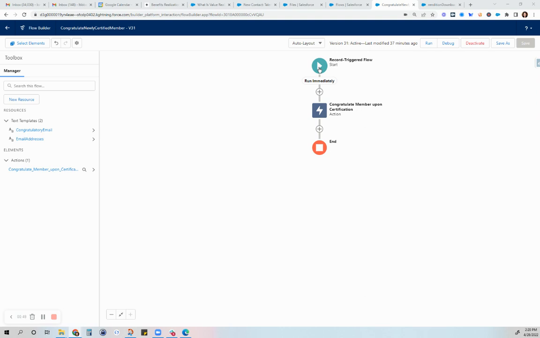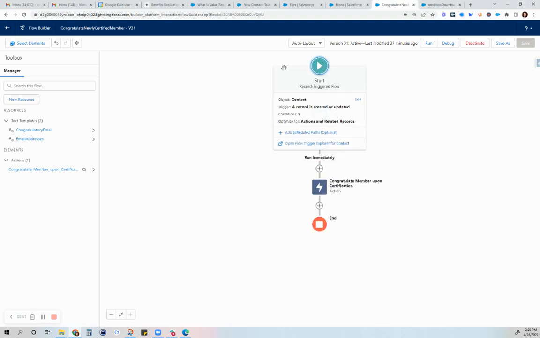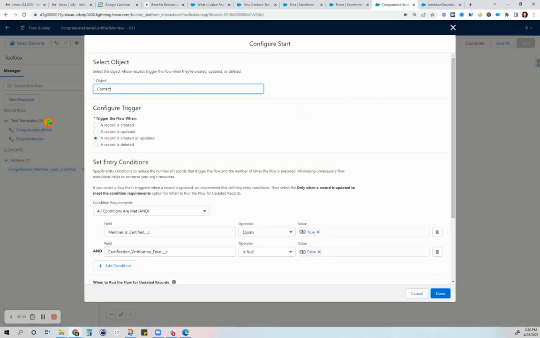And the email was to be triggered by when the member, which is a contact object, is certified. Okay. So once the member is certified, then we should send the member a congratulatory email with some sort of branding there and CC to the contact owner. So just to show you,